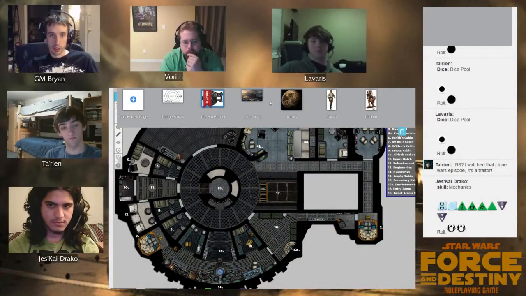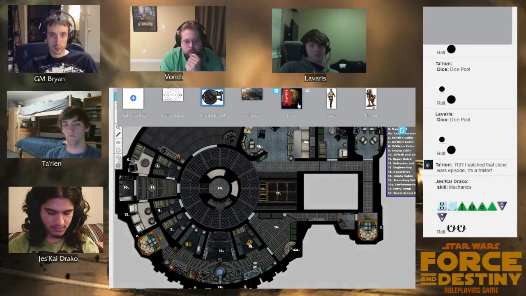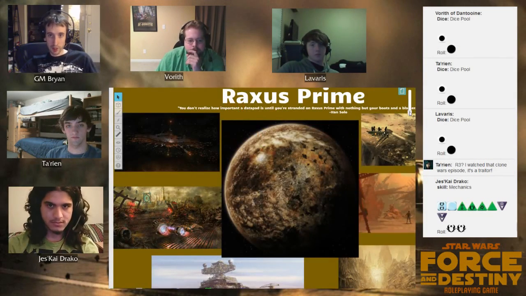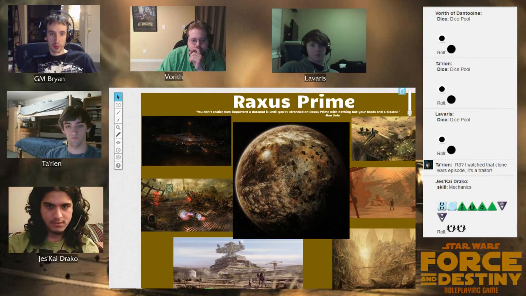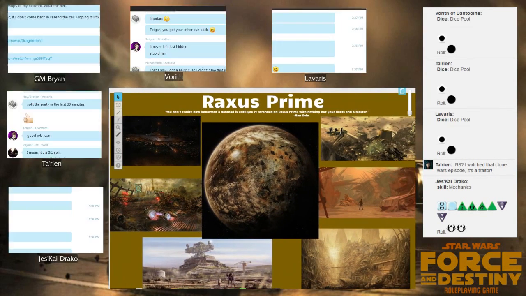Raxus Prime is a junkyard planet. The entire planet is covered with junk and scrap metal and rivers filled with pollution and stuff like that. In orbit, I should actually do this. Raxus Prime. In orbit around Raxus Prime is an Imperial...